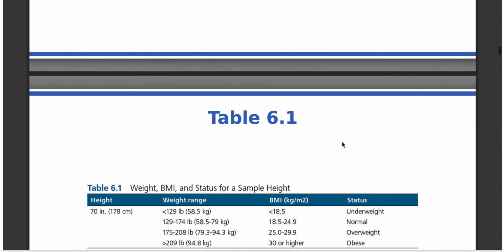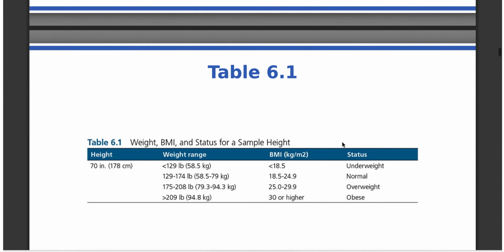And so this starts with defining what being overweight or obese is, and typically that is thought about through what we call BMI, so body mass index, which takes into account how tall you are and how much you weigh. And then that can give us a status. They've now started to look at some weight ranges for people for things like normal weight or underweight or overweight or obese. However, those are not consistent with everyone.